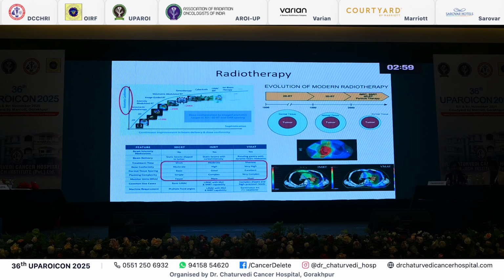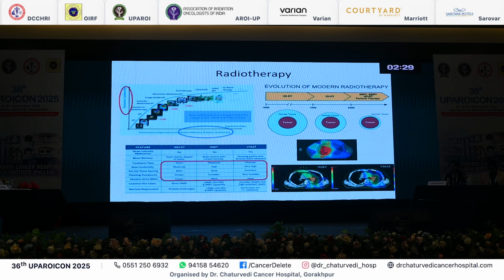We were not satisfied with staying in one place. After achieving that, there were limitations. 3D CRT was simpler, IMRT and VMAT more complex, so they took more treatment time, but VMAT made a substantial difference. Margins became shorter, dose escalation became possible, conformity became much better. But as I said, we were not satisfied because we had reached a plateau with conformal RT. Then what to do? Then we went for beam delivery and dose conformity.